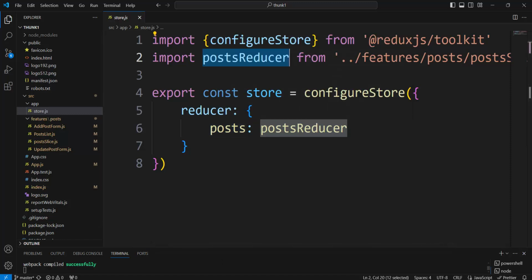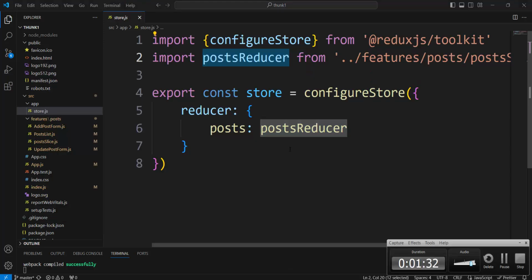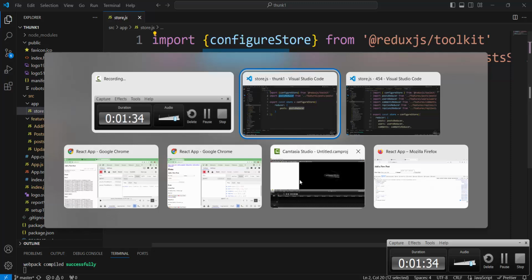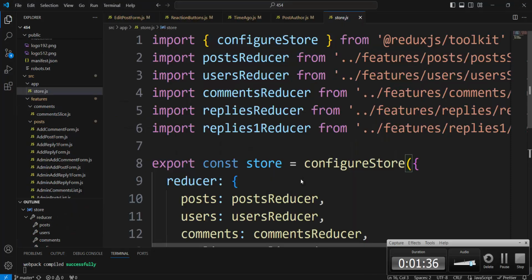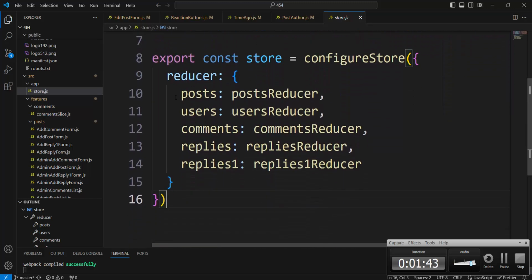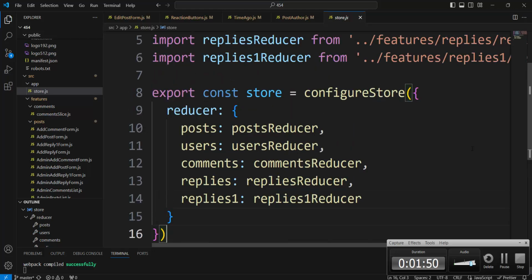Here there are posts, users, comments, replies one. There are 5 reducers. And look at